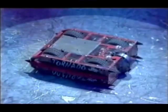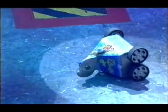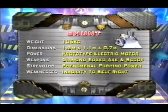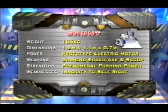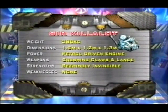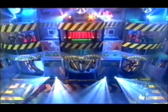Tornado, a team of engineers, Andrew Marchant in the middle there, David Gamble to the left, Brian Moss to the right with the long hair, and Pussycat with the blade, Alan Gribble, designed it. He's on the right, Robert Bettington next to him, and David Gribble at the controls. Our house robots, Shunt with the prototype electric motor. And alongside the powerful pushing Shunt, Sir Killalot can crush and spear at will. 3, 2,